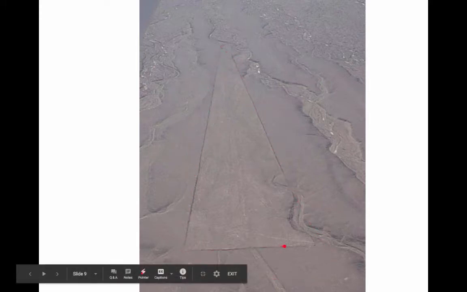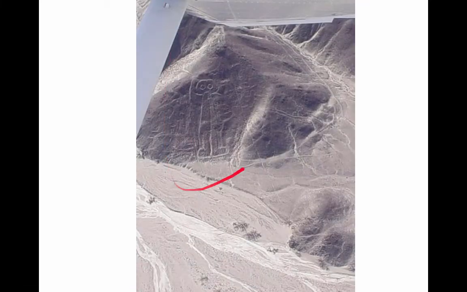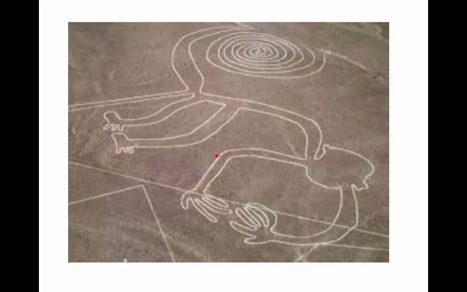Obviously, groups or TV shows like Ancient Aliens lose their minds over the Nazca because there's just so much mystery, and so there's assumptions that these are like UFO landing strips, which, come on, but pretty cool stuff. So this is an individual built up on this hillside that they nicknamed the astronaut. So you can see the little booties right here, little head, he's waving back down. So again, we don't know what this is all about. And this is a slightly enhanced picture so you can see it better.